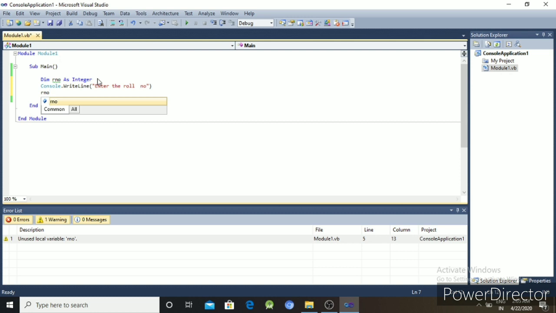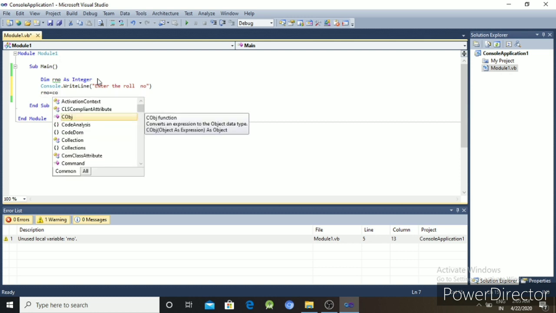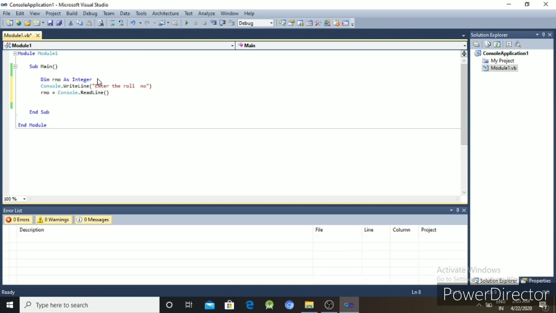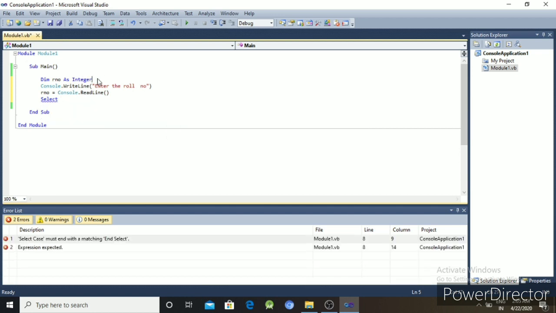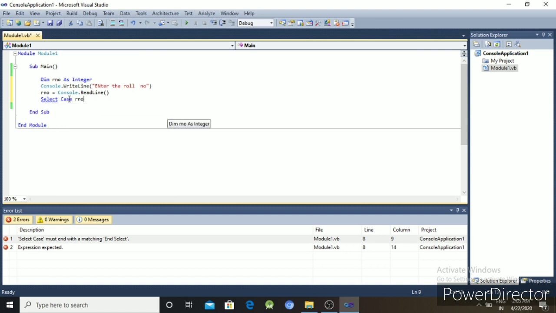R number equal to console dot read line. Select case R number.